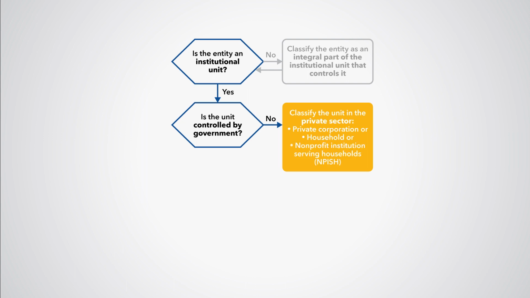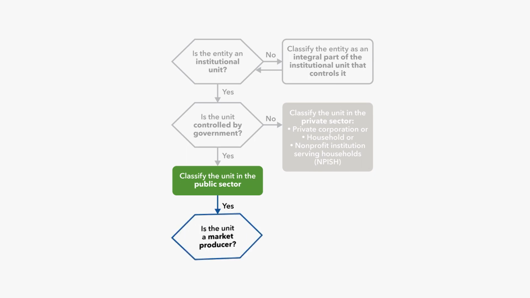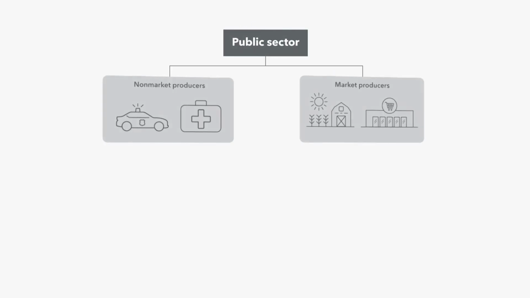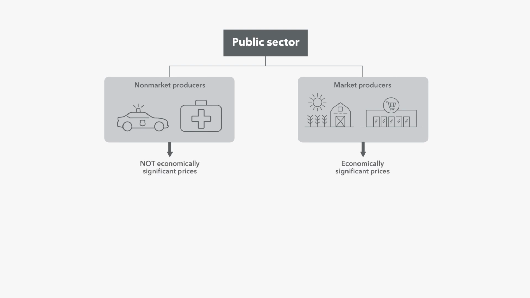If the entity is controlled by the government or by another public corporation, it belongs in the public sector. Then we ask, what is the unit's principal economic activity? Is it a market producer or a non-market producer? The answer depends on whether or not the unit charges economically significant prices. If the unit is a non-market producer, then we ask two more questions before we can classify it in the